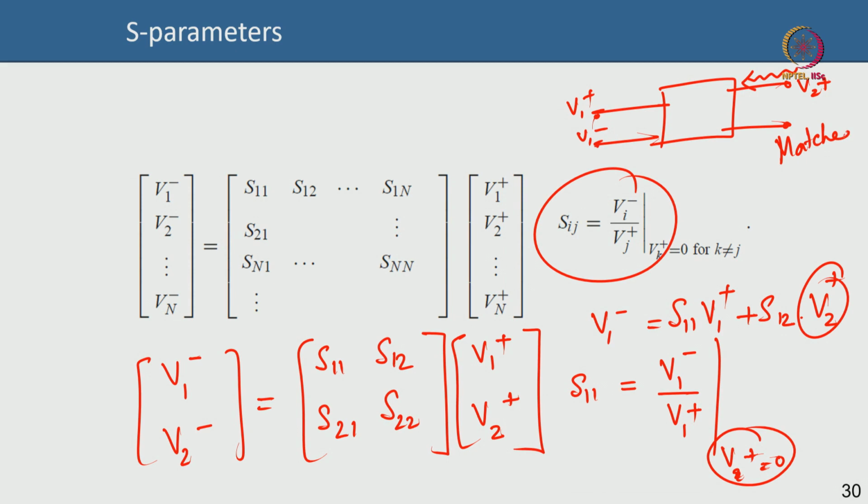If this port is matched, then the power will be transmitted, but it will not reflect from a load back to the device. So, V2 plus equal to 0 means that your load is perfectly matched. So, the VNA, the vector network analyzer, is going to match the load, match the output port, so that V2 plus is 0. You do not have to define an RF short or an open,